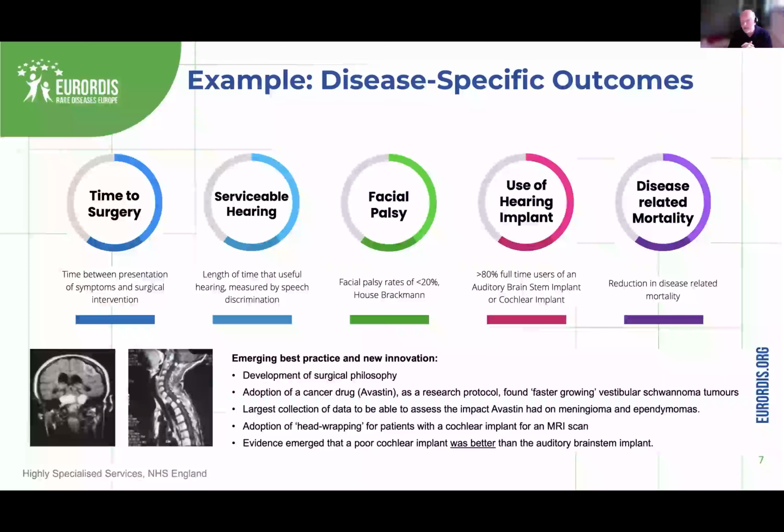This is an example of some disease-specific outcome measures which I was involved in the UK. We had set up a neurofibromatosis type 2 national service of 4 centres. Type 2 is the tumours are on the central nervous system and in the skull. And we had the 4 centres come together and agree 5, I think, measures which told a story about the condition. So these outcome measures were around time between the first presentation of the symptom and time to surgical intervention,